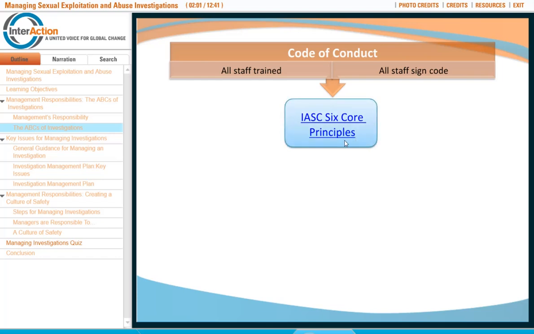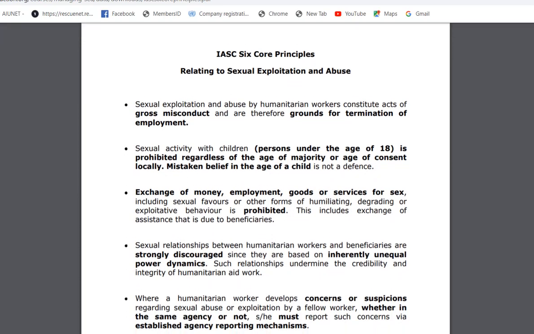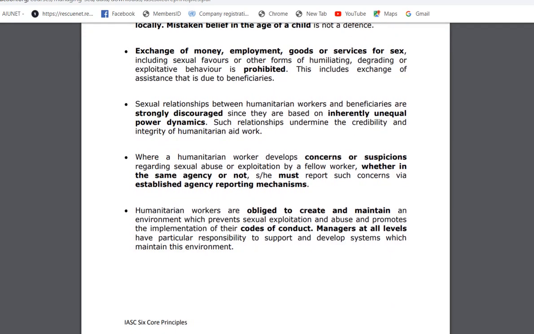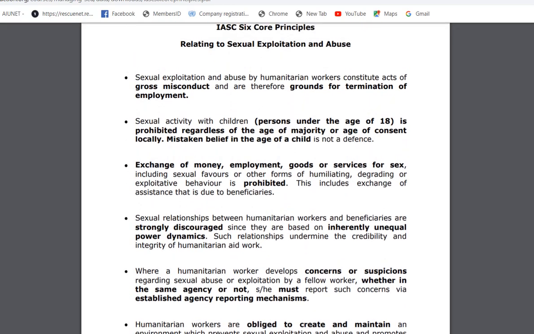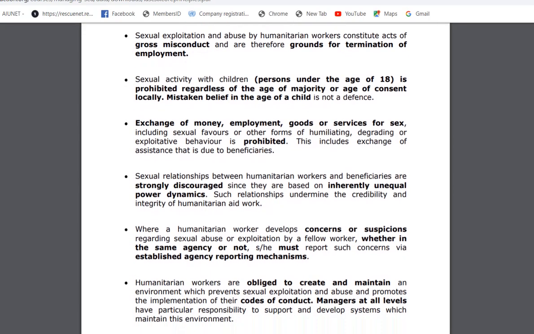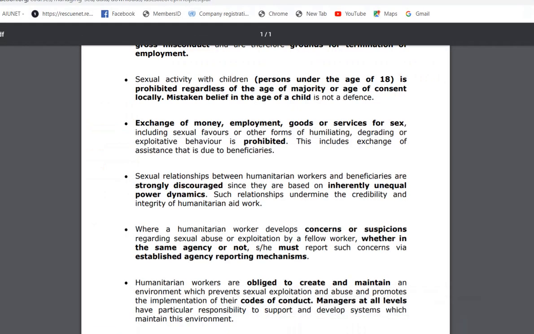Staff training should be robust and of good quality to ensure that all staff understand the importance of the code of conduct, the meaning of each specific standard, including examples of the types of behavior that are prohibited, the duty to report suspicions of sexual exploitation or abuse and how to make those reports, and what could happen if there's a violation of the code. Staff should sign the code of conduct to indicate their understanding and agreement to abide by the standards.